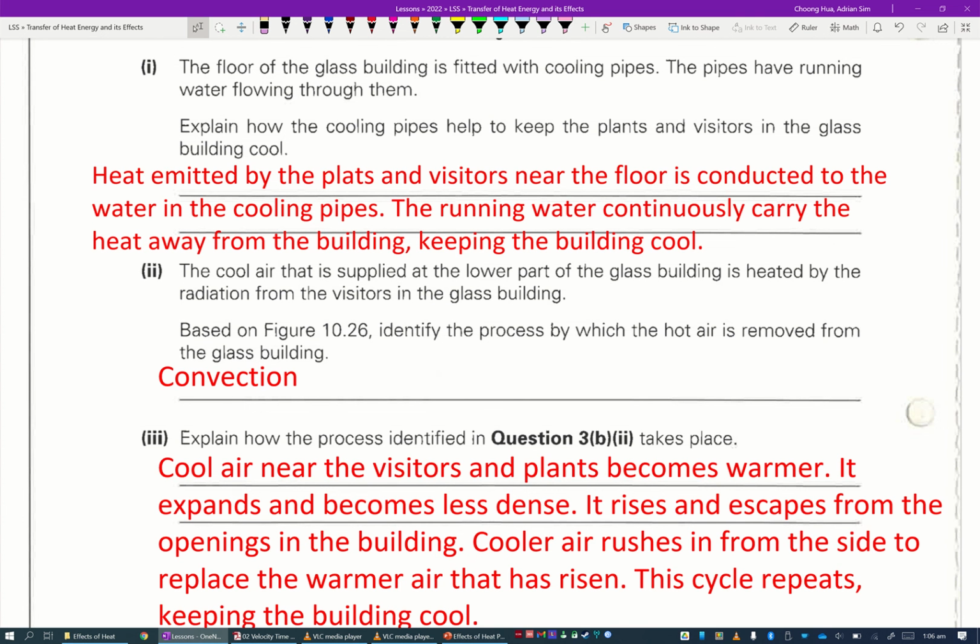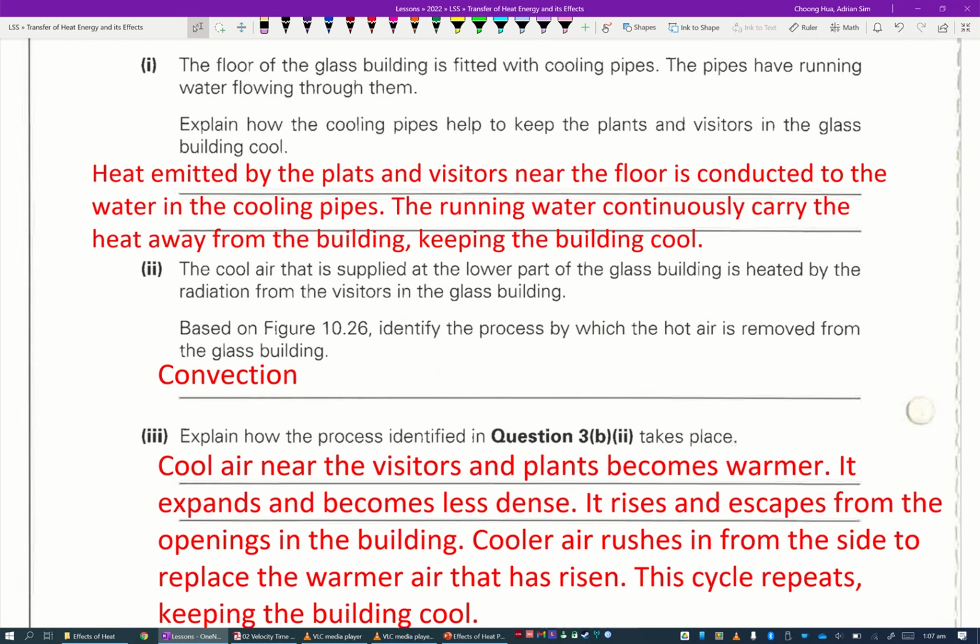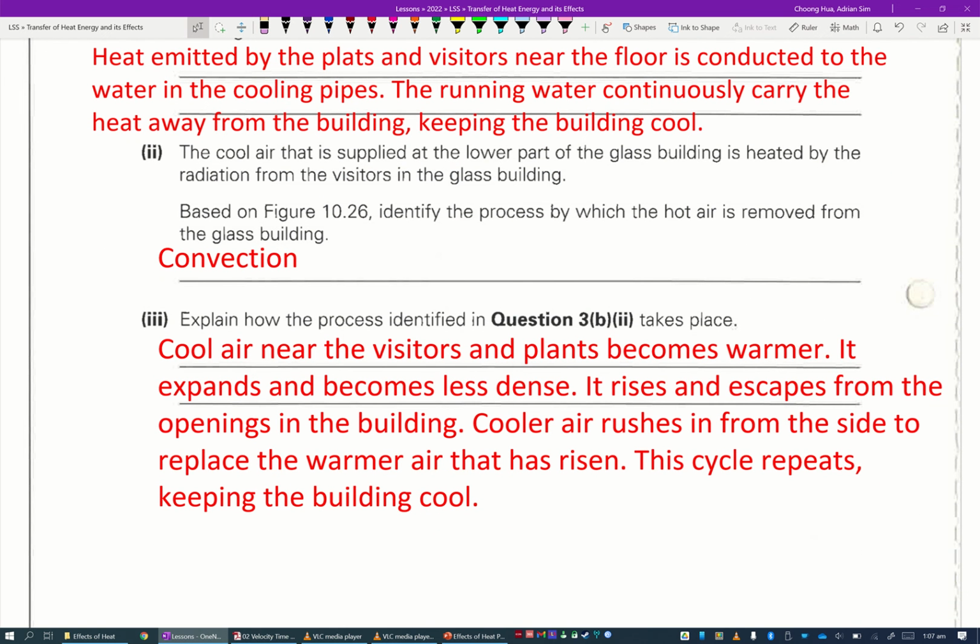For part 2, the process by which hot air is removed by the glass building is known as convection. This one I can't really teach you because you have to see the flow of air first, then you can deduce that it's convection. And in part 3, okay,